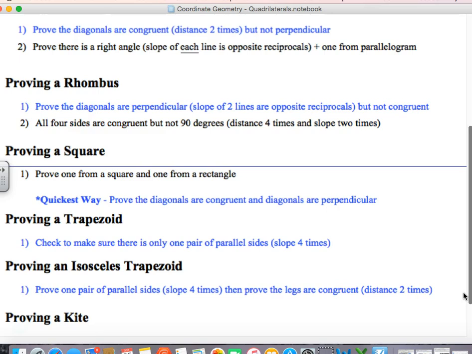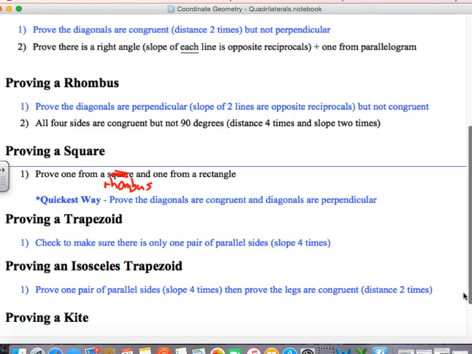Okay, proving a square. Okay, you can prove one from a rhombus and one from a rectangle. So pick one thing from rhombus and one from rectangle. Let me mark that out. One from rhombus and one from rectangle. Or the quickest way is just to prove that the two diagonals are congruent by making sure that you're doing distance formula twice, and then making sure that the diagonals are perpendicular by figuring out their slopes and make sure